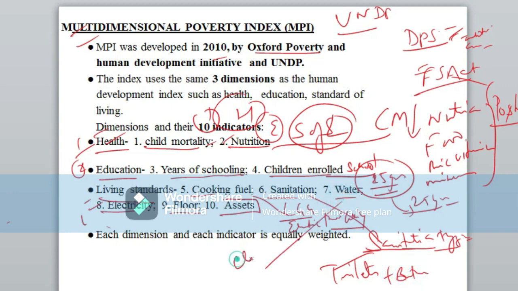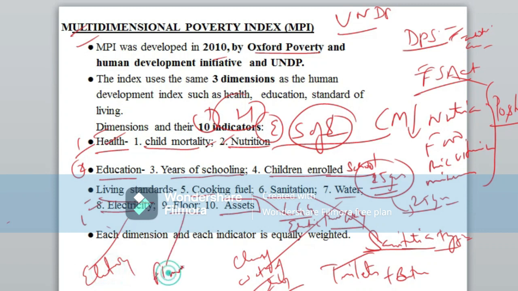Whether they are having clean drinking water or not, whether they are having electricity or not, whether they are having floor, whether they are having assets or not. So assets are the movable and immovable